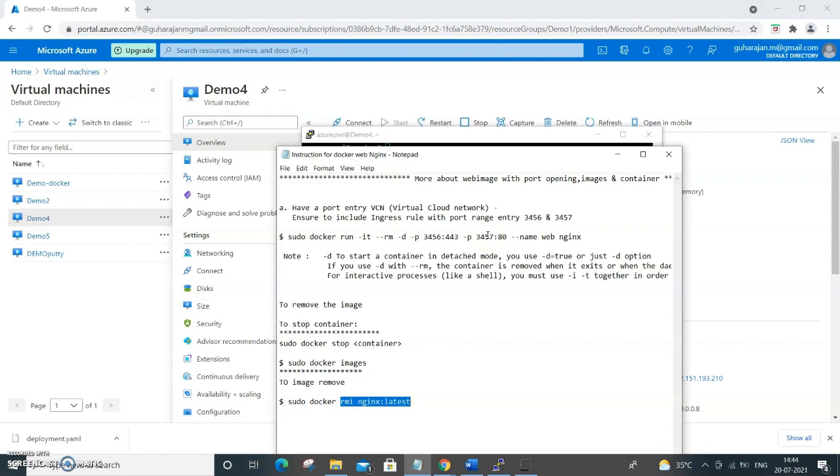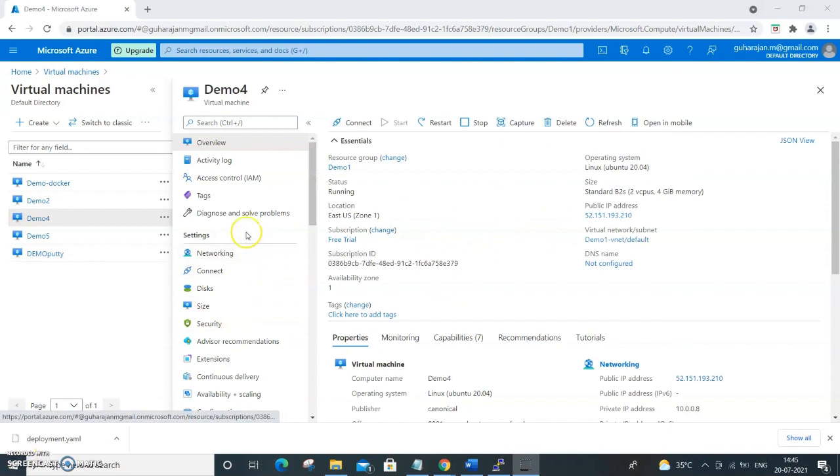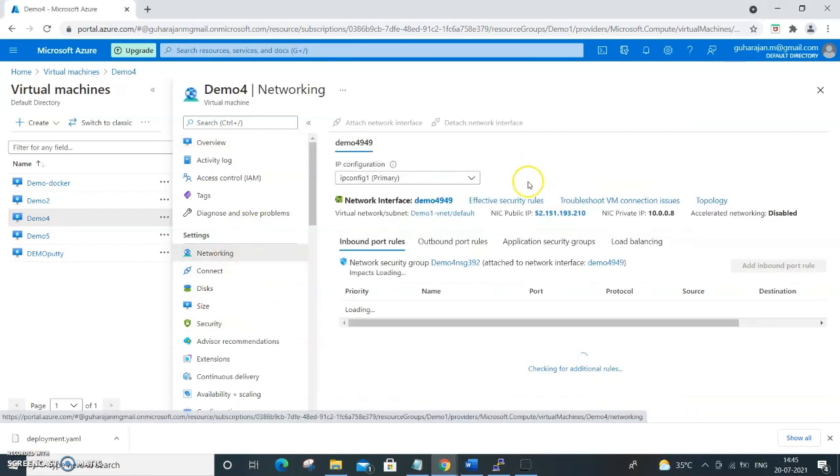Because you are assigning the ports, there needs to be a port entry in Microsoft Azure to make a pathway, a kind of tunnel, so that the Nginx web server is exposed. Then you can go to the IP address, and naturally the Nginx web server will get displayed. To do that, get into the Azure dashboard, into the particular virtual machine, and once you do that,